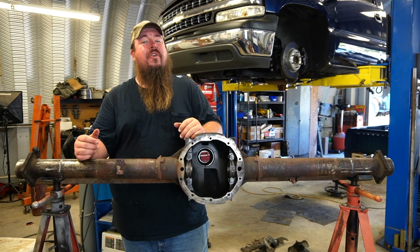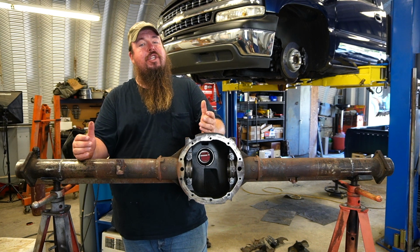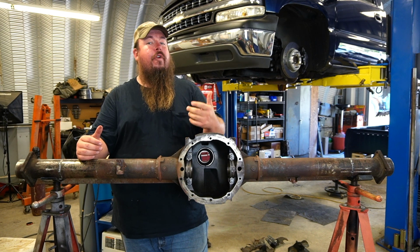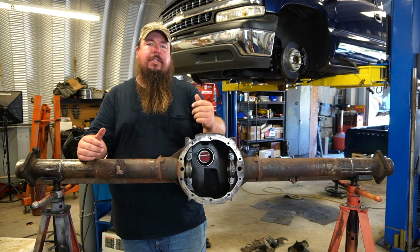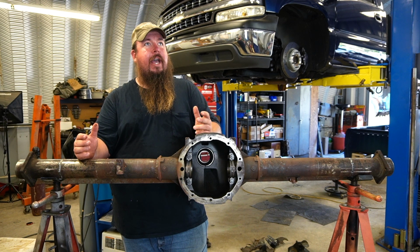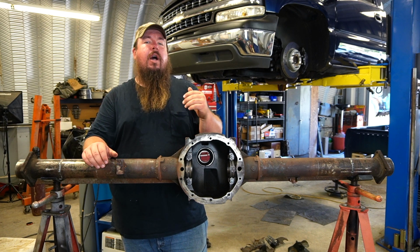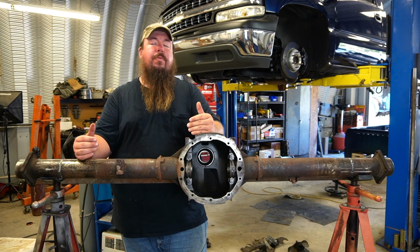All right, so for those of y'all that's been around racing for a while, you probably have seen, and you may have used them yourself, the older style C-clip eliminators. Mine that I currently have in my C10 are from Moser Engineering, and I did a video on me installing them back several years ago, and they've run pretty well for me. I had about 8,000 miles on my truck before I blew the motor up in it, and it's been sitting for a while. But they do tend to want to leak, especially when you put some miles on them,